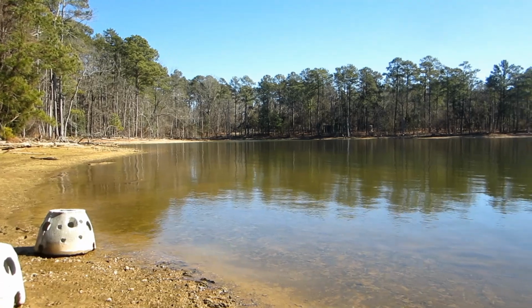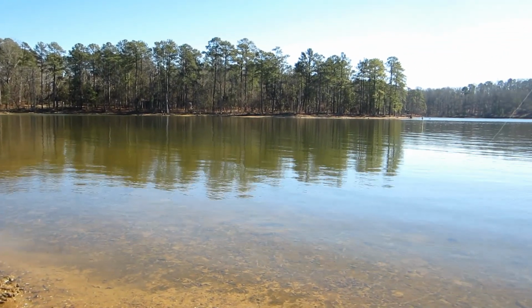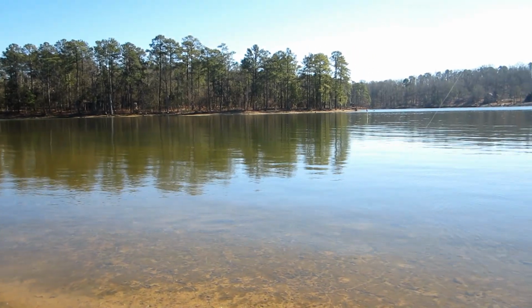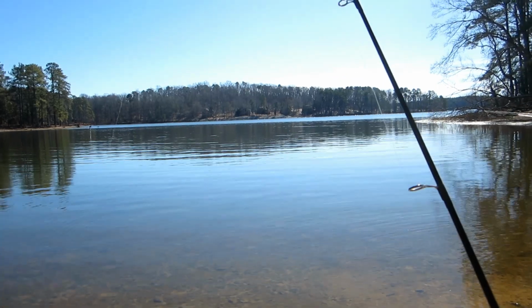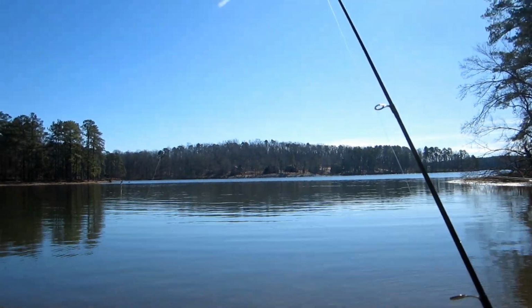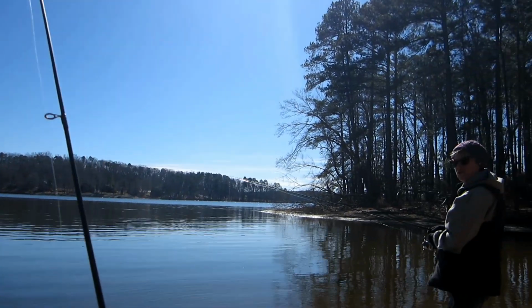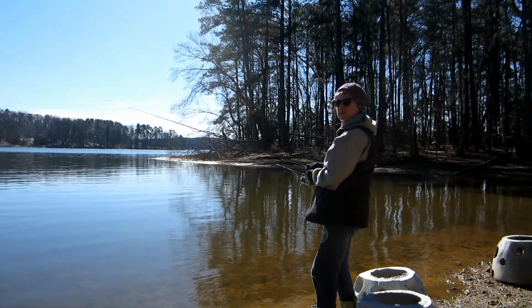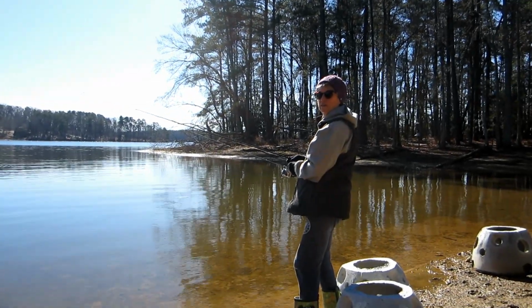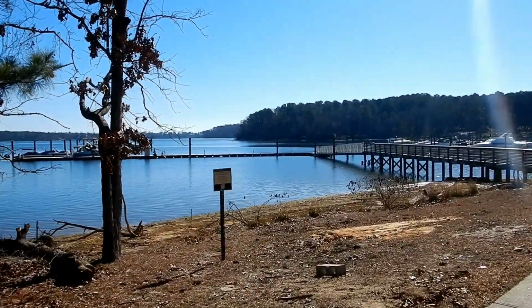Well, this is a beautiful little cove here on a big old lake. We're trying to catch something, but so far the fishing gods have not been with us, have they, Jill? No, you'd think that all the fish in this lake, we could catch one of them. I mean, it's only 50,000 acres. There's got to be one fish in here for us. You would think. Yeah. Since this is such a gigantic lake for bass fishing, stripers, and all kinds of things,